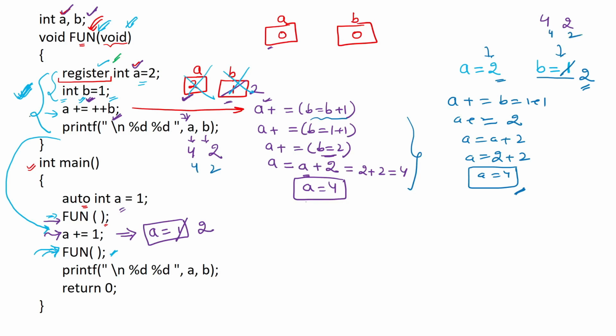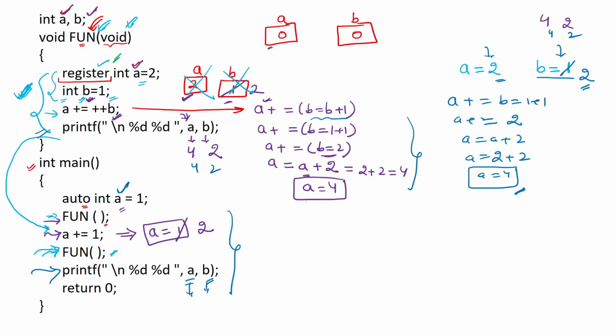Again we will come out from this body and we will come to this line. Okay, and now we are printing the value of A and B. Now the question is, we have the global variable A and B, right? And we are inside the main. So which A and B we should access? We have the A here, but there is no B here. So how should I like print the value of A and B?